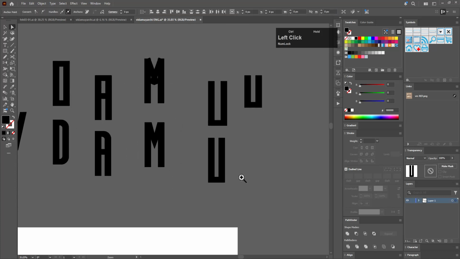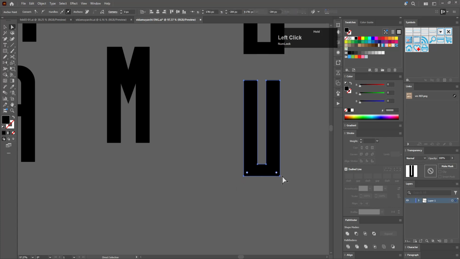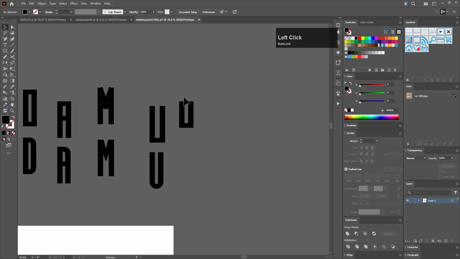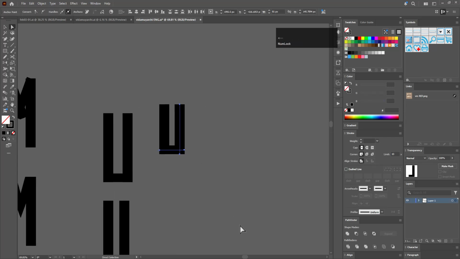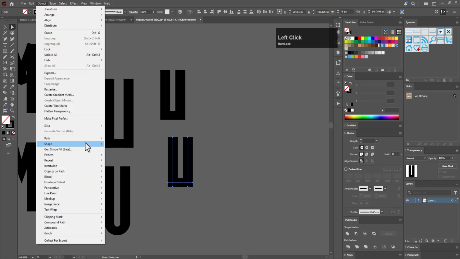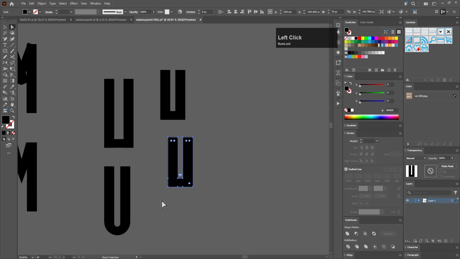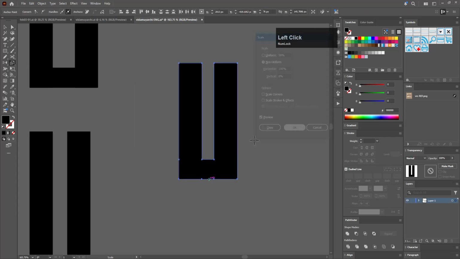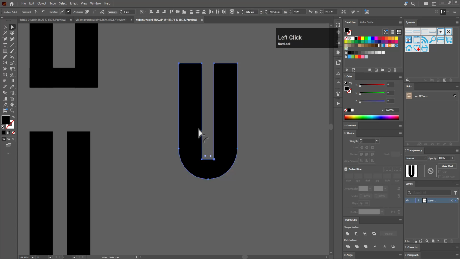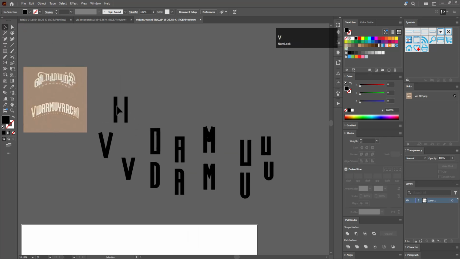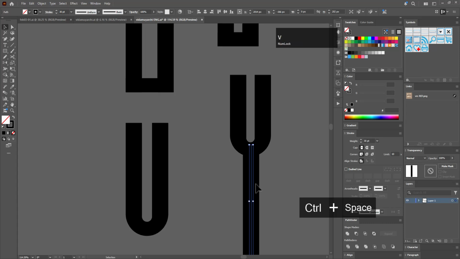I think this is alright. Let's select this and use minus operation and then select all of this, select this and round this way, and let's press A and bring this inside, and then let's select all of this, hold Alt and bring it here, and then go to object, path and outline stroke, and then let's merge this and then let's select this, press S and then press minus for the delete anchor point tool, and then let's select this and round this, and let's select both of these and round it, and then let's hold Alt and bring it here, something like this,